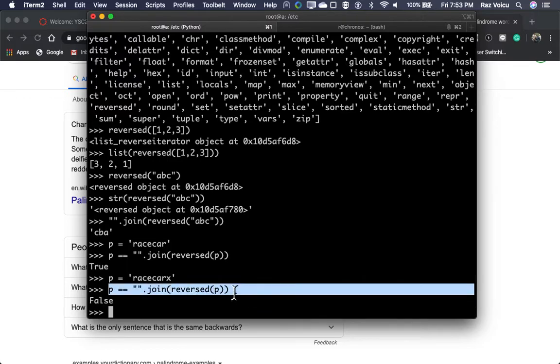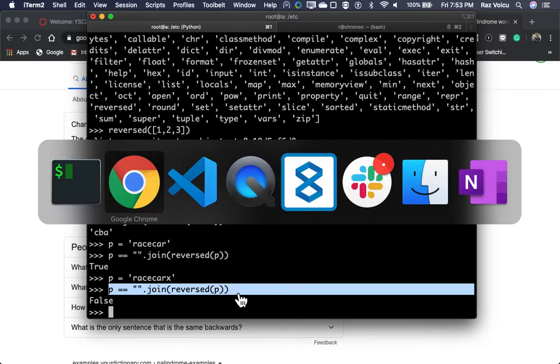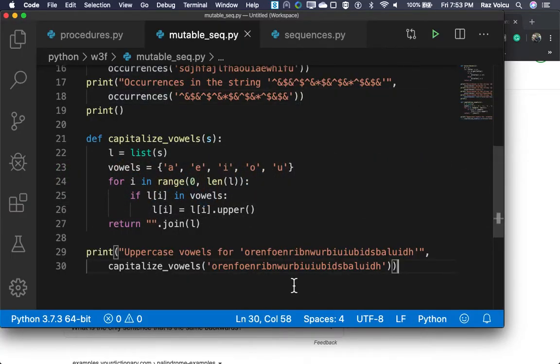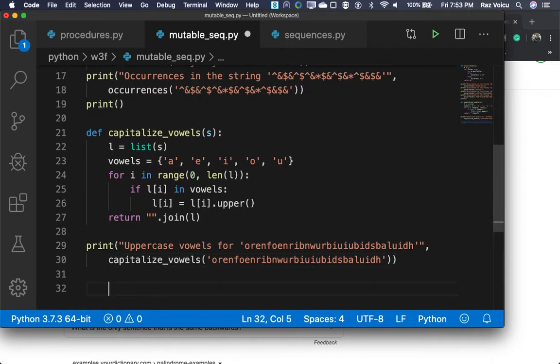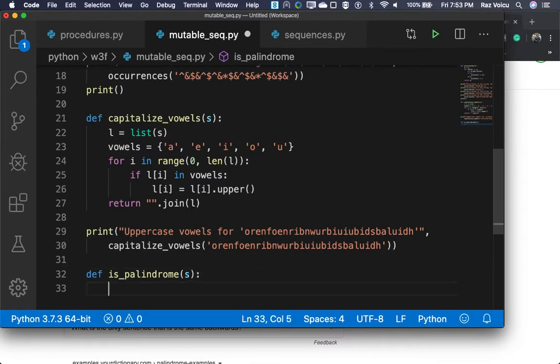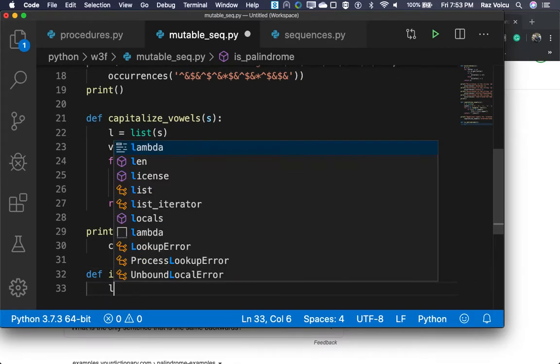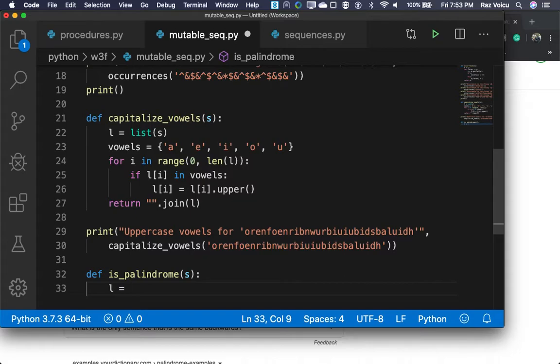But we don't want to do it that way because it's not fun, right? So let's try to build a solution that assumes that reverse didn't exist. Let's assume that the reversed procedure doesn't exist. Def is palindrome S. All right. So we're going to turn L into a